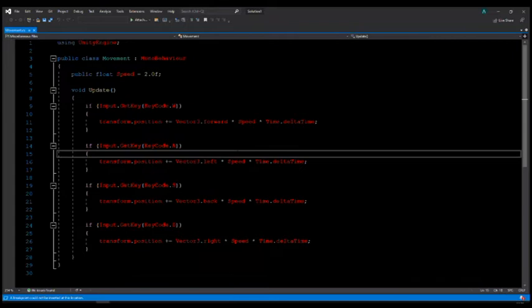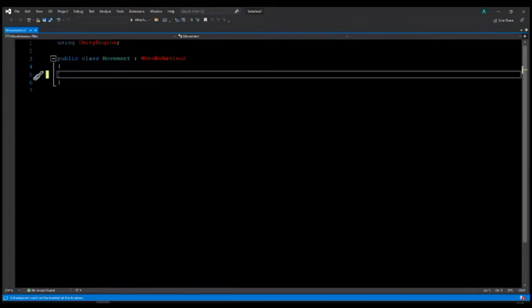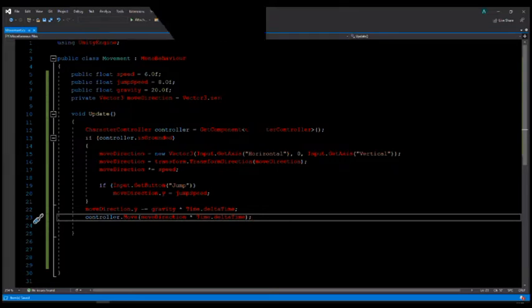Now we are doing a completely new script, so I'm going to remove everything over here and start a completely new script. As it is a big script, I'm going to type it and then explain it to you. That's it. This is all the script, and I'm going to explain what every command means.